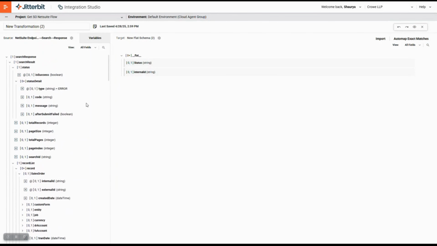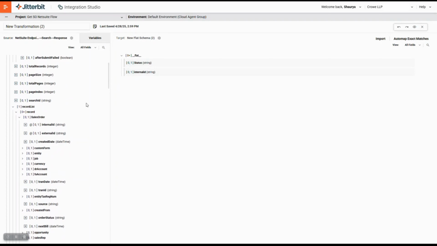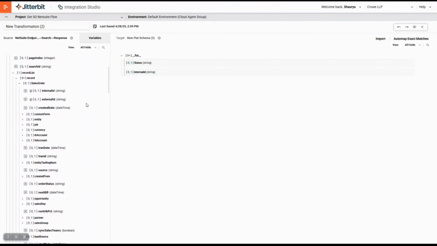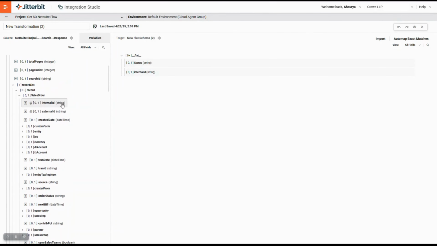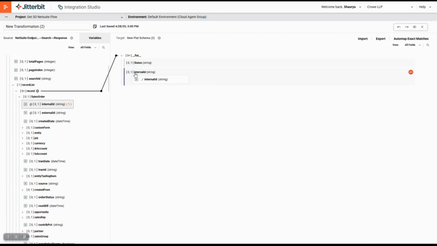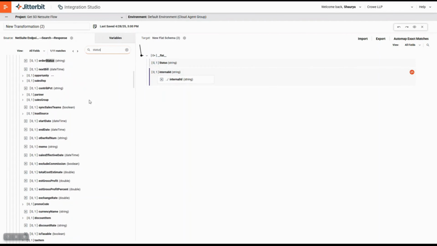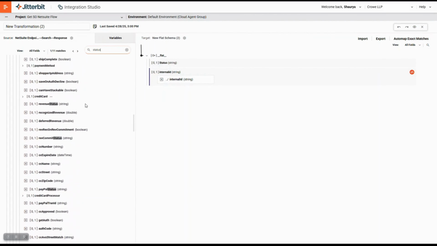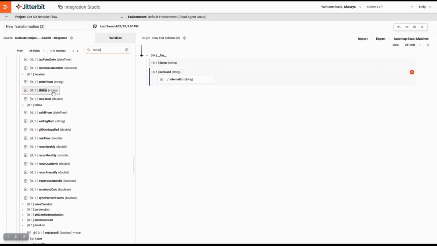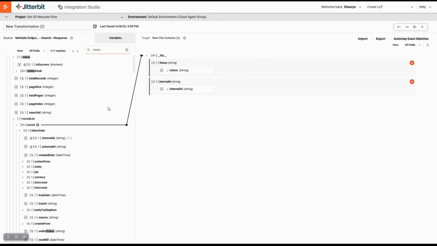Now all we need to do is simply drag and drop the required field from our left hand side to our right hand side. So we'll simply click on the external ID of our sales order and drag it to the internal ID of our flat schema. Moving on, we'll do same for status too. Now that our transformation is ready, we can simply close this up